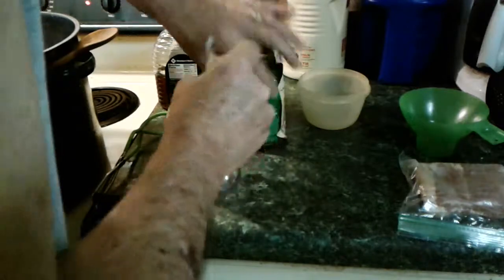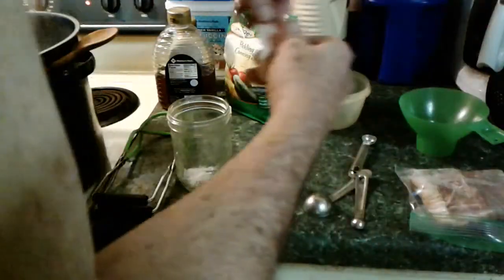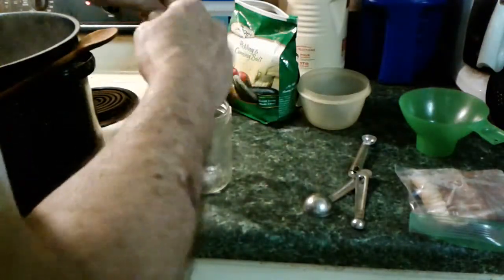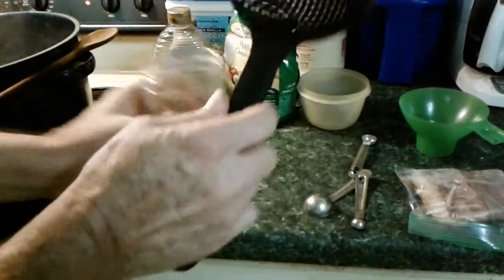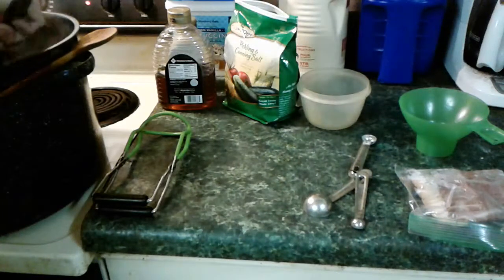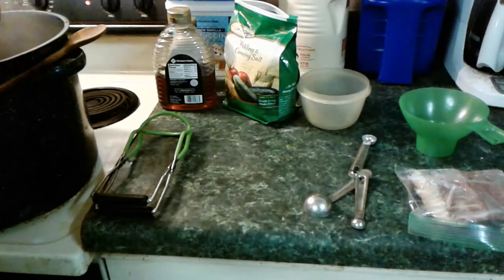Half teaspoon of canning salt. And 1 strip of bacon. Guess I could cut that up a little bit. And then we're going to grab some greens. I heated up this jar a little bit because I did not want to be putting